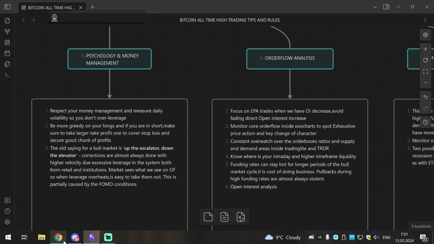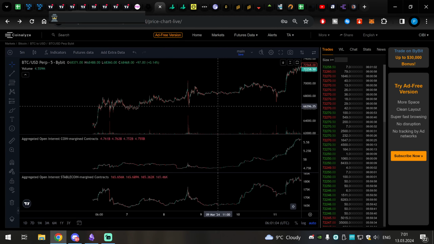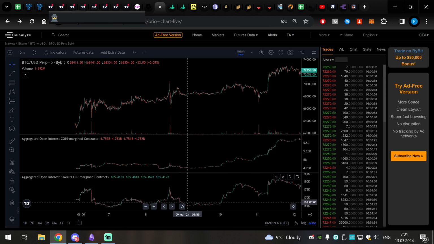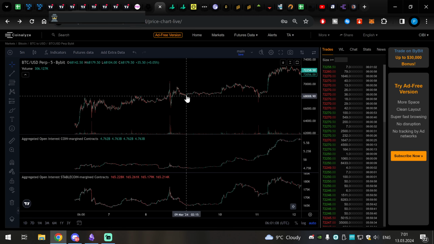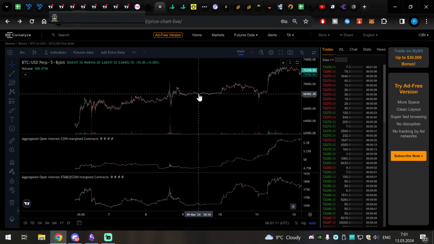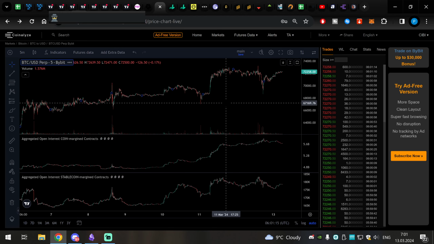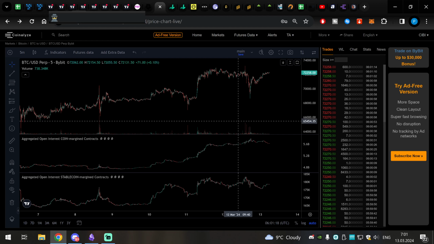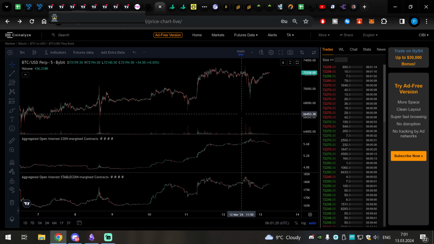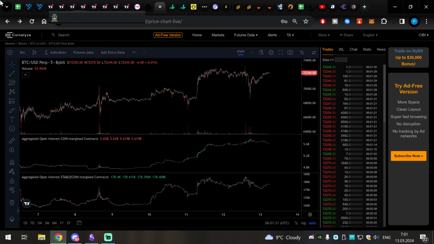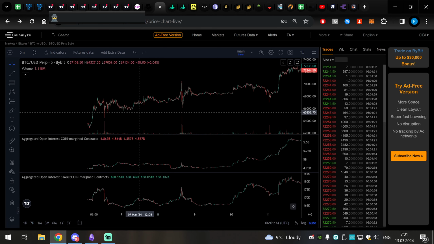If open interest is getting low, this is so simple. Look here, open interest went low on the perpetuals and coin major contracts, and you see what price is doing? Pretty much nothing. Once open interest starts to increase, we are seeing larger volatility. Even now, it's like fuel in the market, because spot inflows and outflows are not creating the volatility. If you would have no leverage in Bitcoin, it would be very boring to trade. So leverage is adding us fuel, and it is much better to trade.